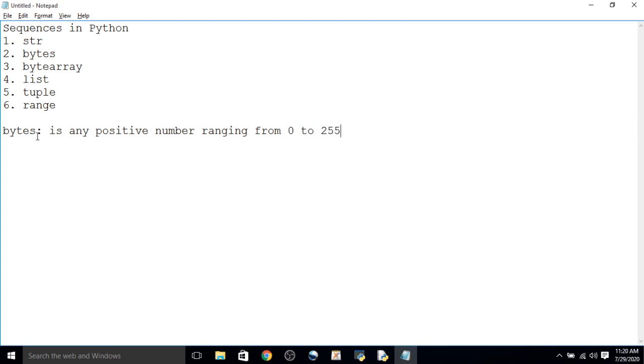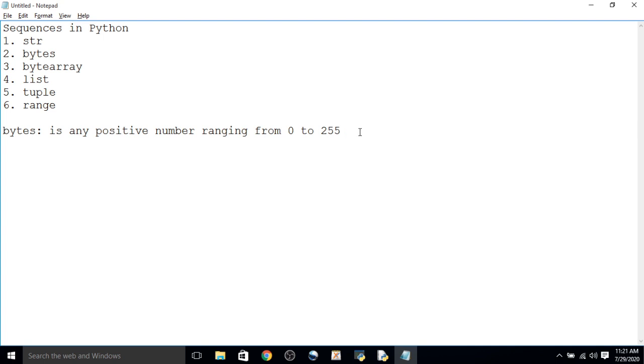A bytes array can store numbers in the range of 0 to 255 and it cannot even store negative numbers, meaning less than 0, or numbers greater than 255. So this is about the bytes.